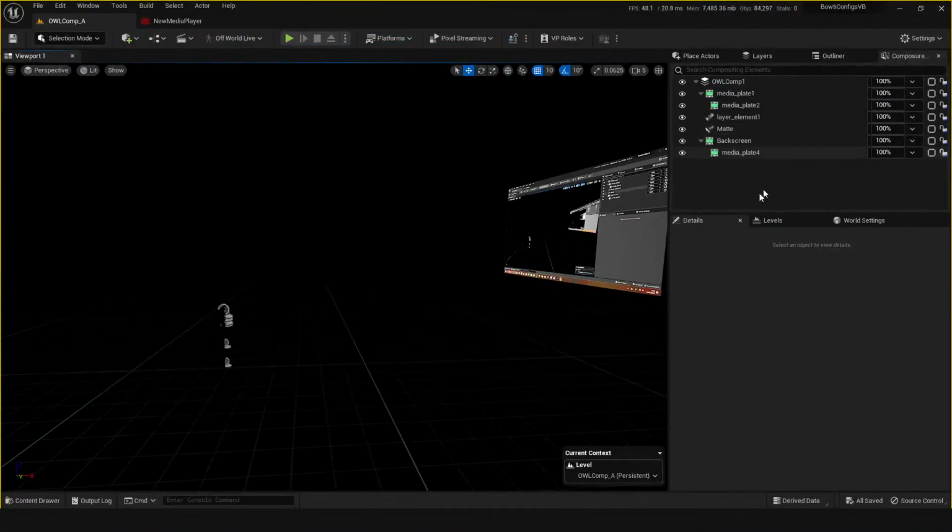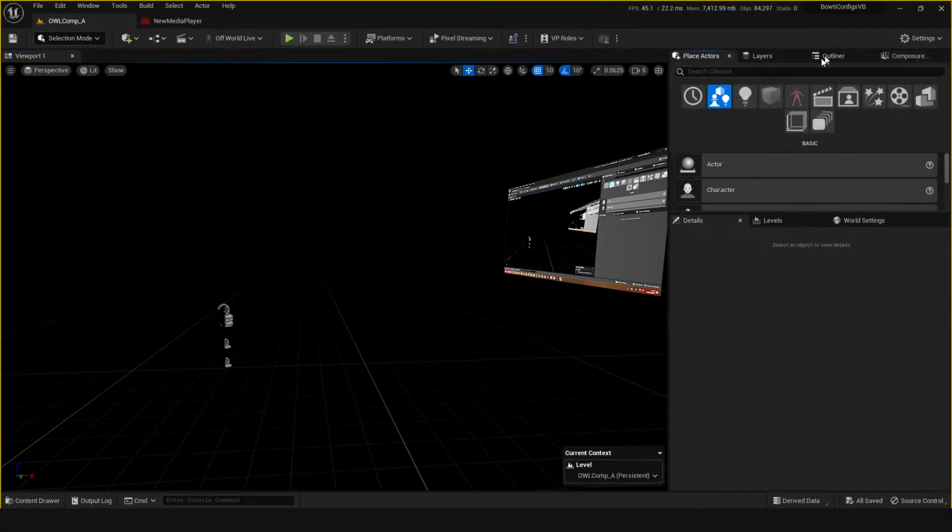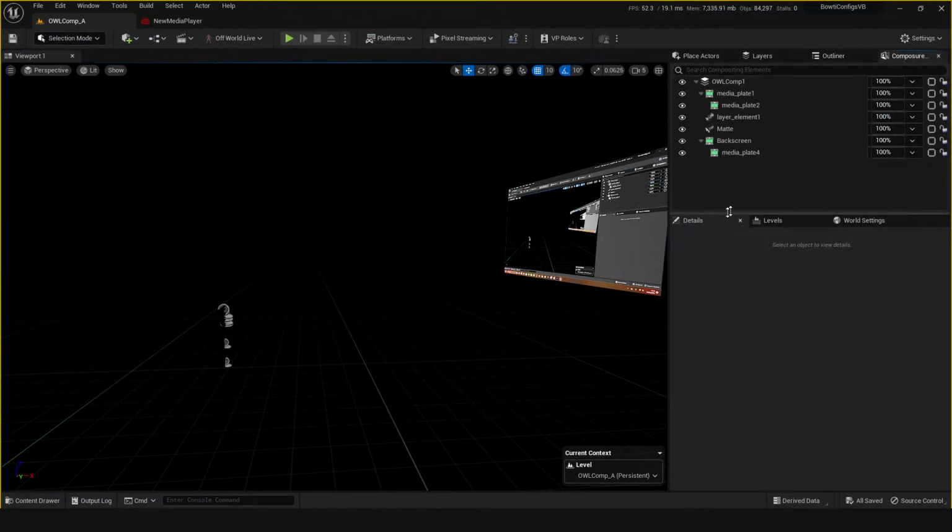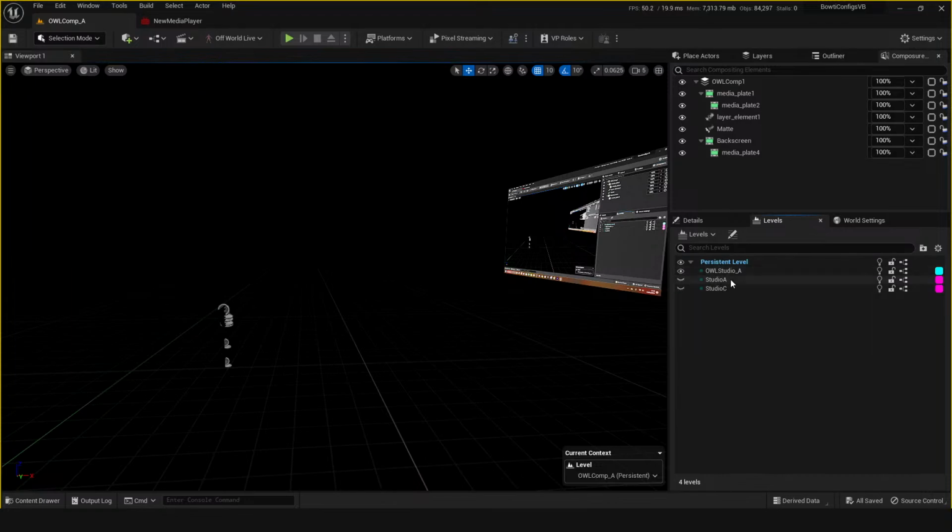So that's the system as it is. It's a very loosely chucked together system at the moment. You could get pretty advanced with it, but